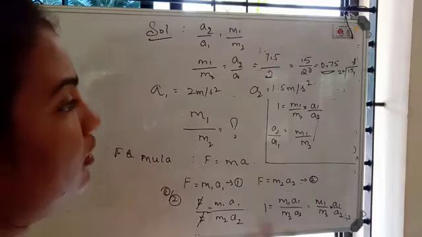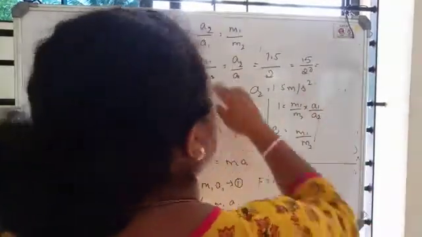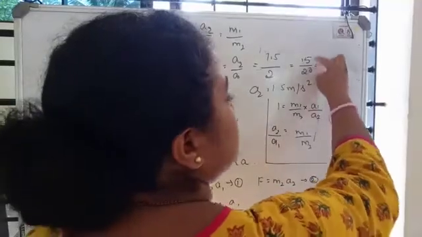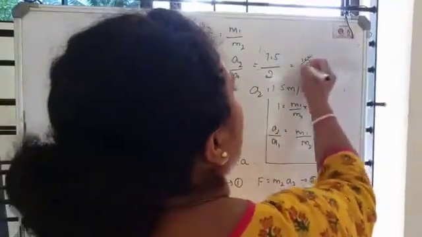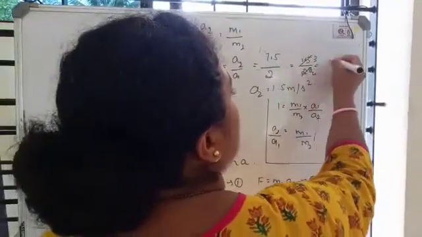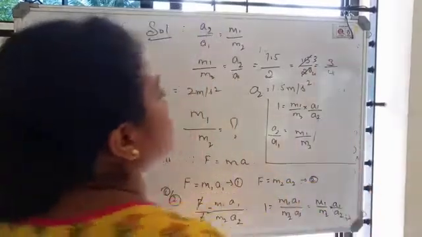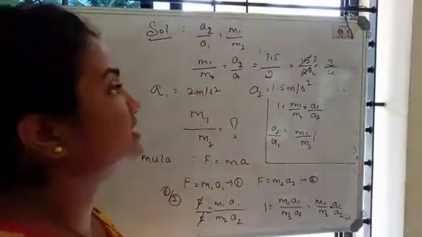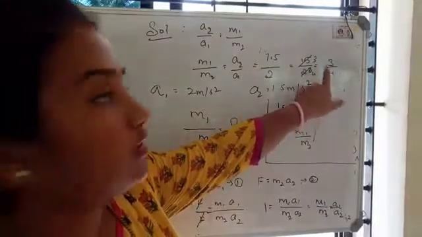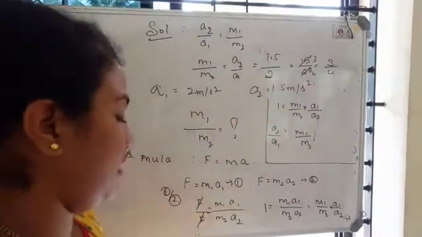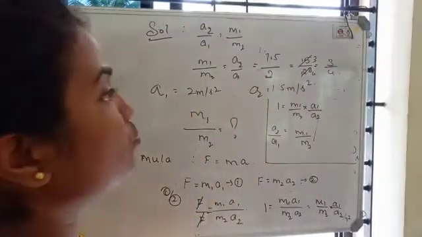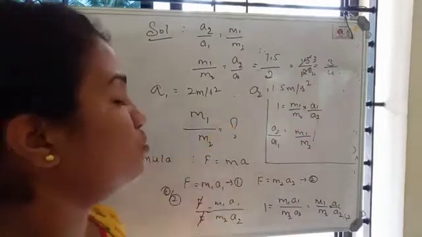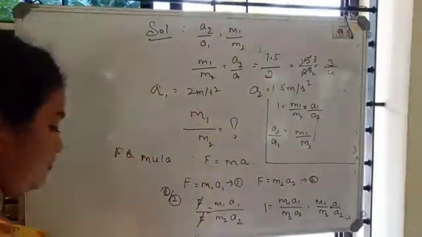Or, if you want to write it in terms of ratios only, one better way is, as these are multiples of 5, you can write: 5 how much are 15? 5 threes are. 5 how much are 20? 5 fours are. It is 3 by 4. So the ratio of m1 to m2 is 3 is to 4. 3 is to 4 is the ratio of m1 by m2, or the ratio of masses is 3 is to 4. This is the second question.